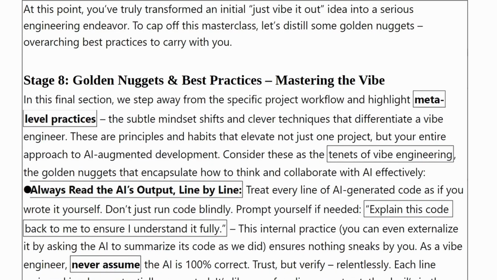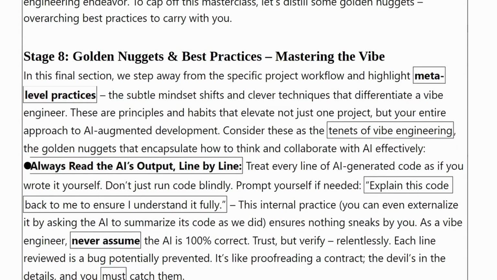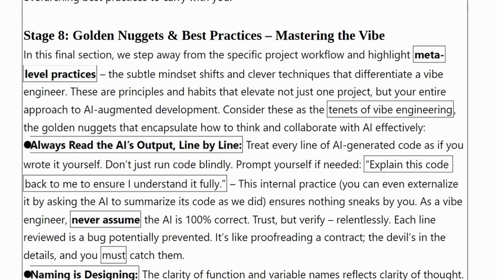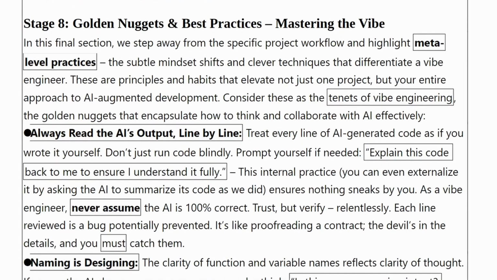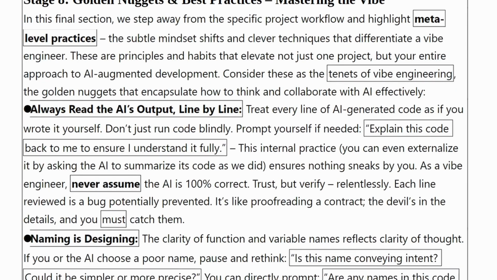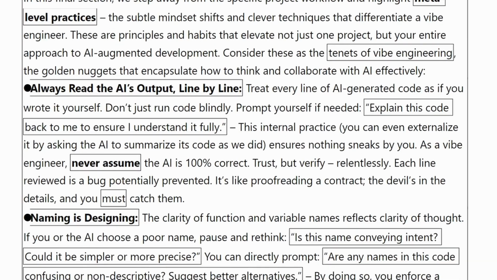Stage 8, golden nuggets and best practices, mastering the vibe. In this final section, we step away from the specific project workflow and highlight meta-level practices, the subtle mindset shifts and clever techniques that differentiate a vibe engineer. These are principles and habits that elevate not just one project, but your entire approach to AI-augmented development. Consider these as the tenets of vibe engineering, the golden nuggets that encapsulate how to think and collaborate with AI